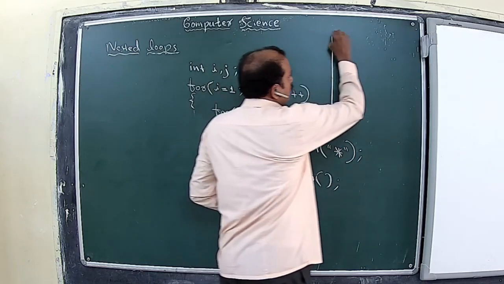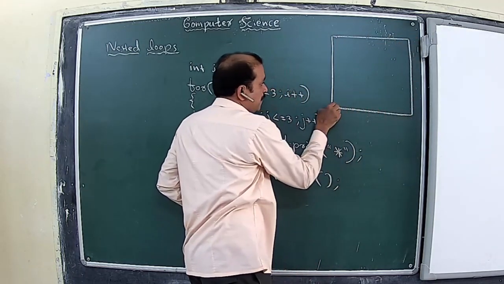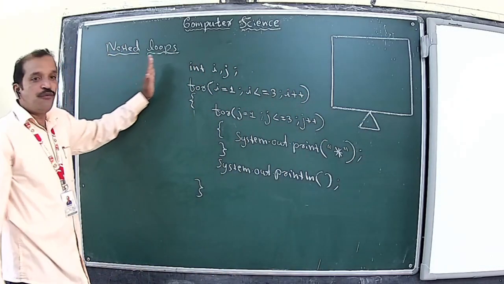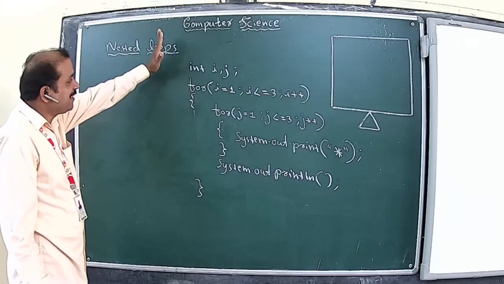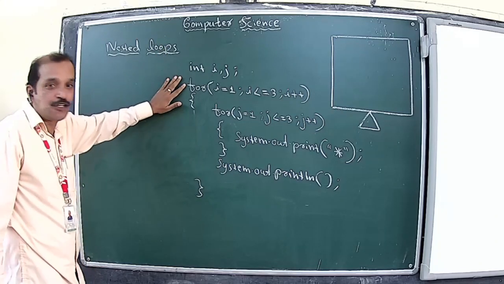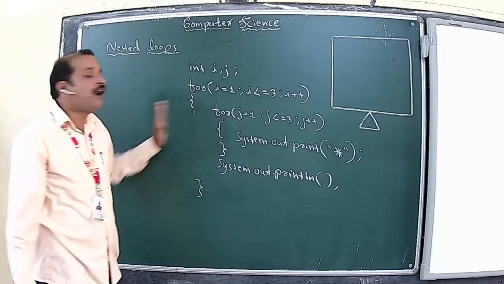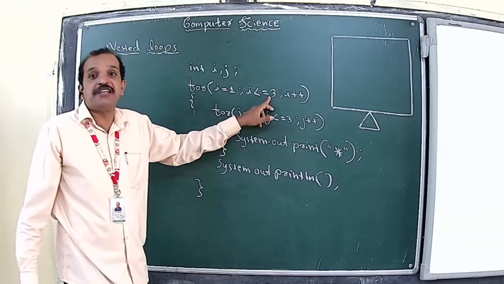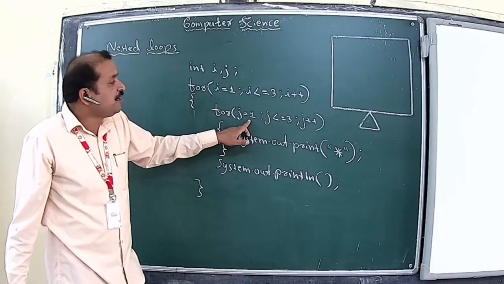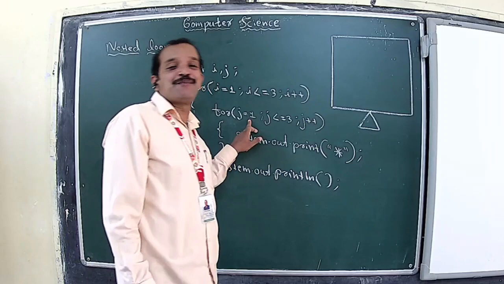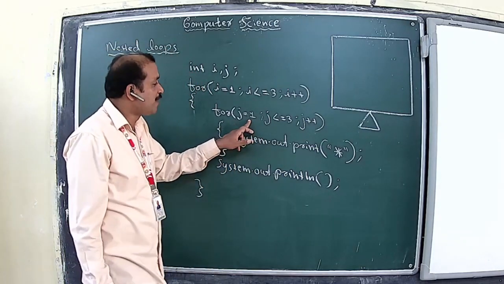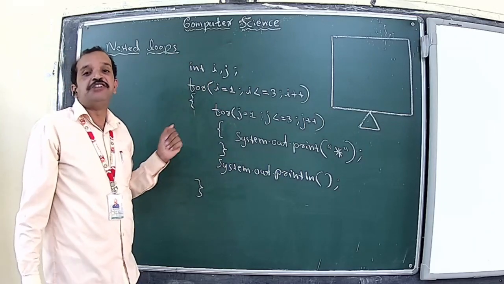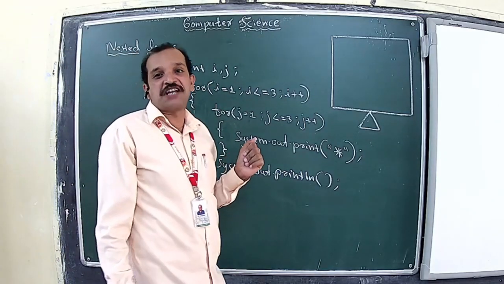So let us have our monitor here to find the output, and let's see. Now we are going to go for a driver. So this is a nested loop, and this is the outer loop, and this is the inner loop. As you have already seen, the outer loop will iterate 3 times, from 1 to 3, and the inner loop also iterates the same number of times, that is 3 times. So 3 into 3, a total of 9 iterations will be there once the outer loop and inner loops are executed completely.